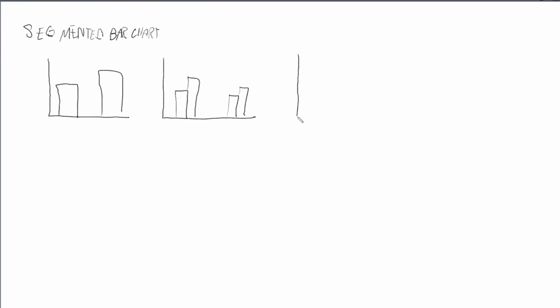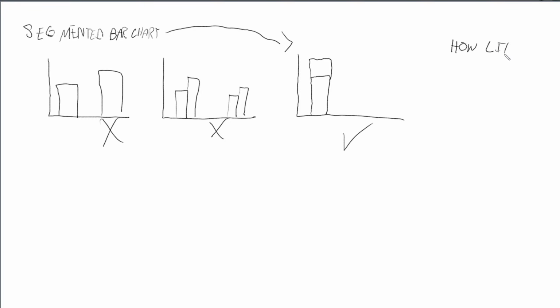Instead, with the segmented bar chart, let's just draw an arrow. So basically, you're going to draw your bar, and then you're going to stack the next data set on top of it. And so this is often used in situations such as responses like, how likely are you to buy a JCPenney